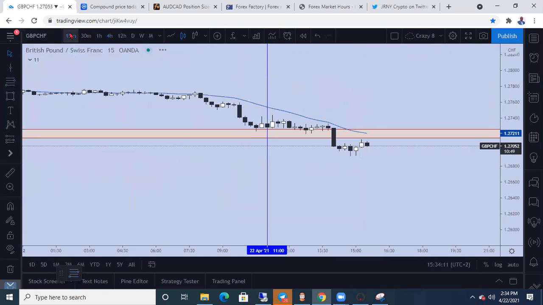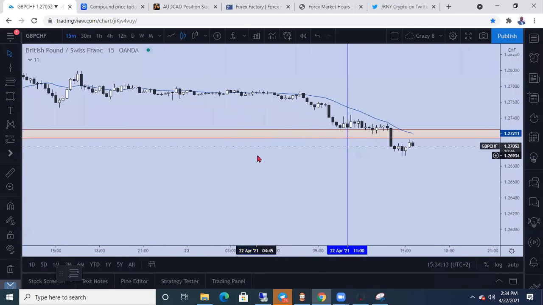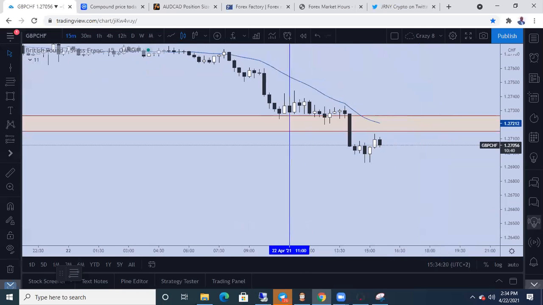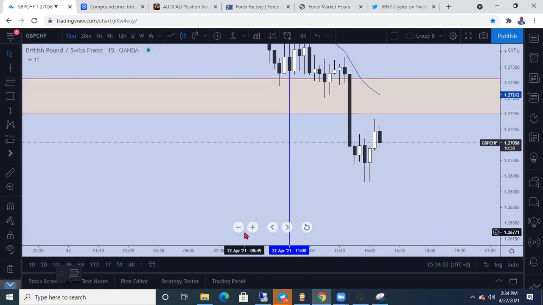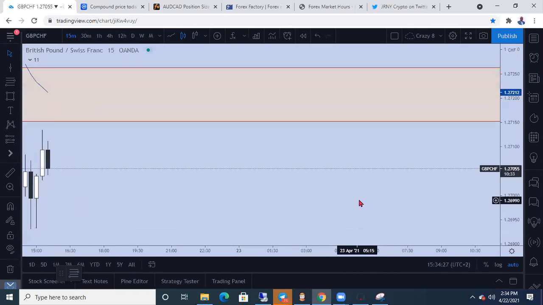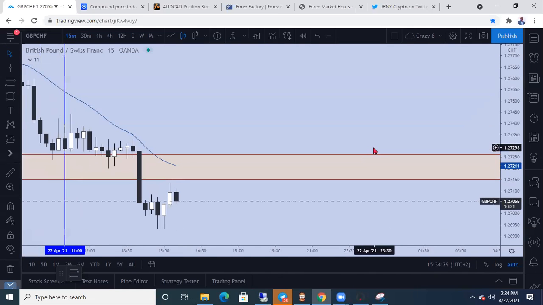So I'm back on 15 minutes, and I want to look for a reason to sell. If we use the normal AQZ rules, once we have an invalidation on the H4, we simply just go in to sell. We just sell instantly. However, if you want to have a different method, we have the 15-minute